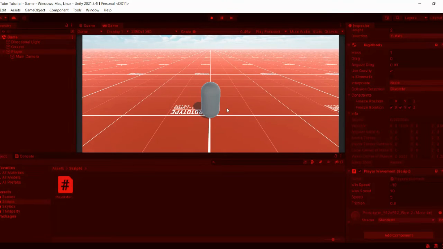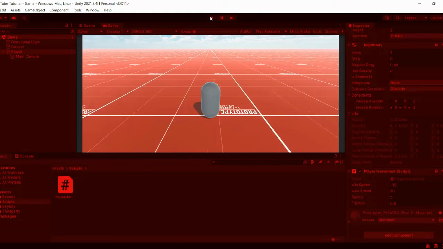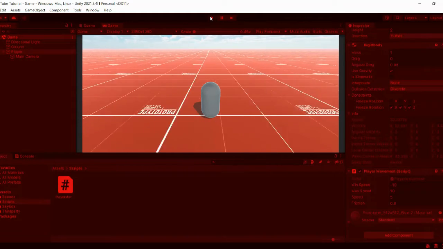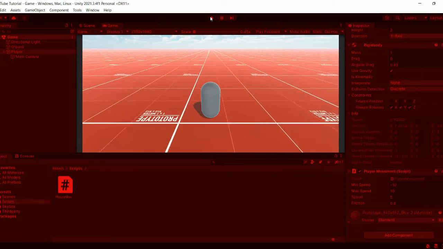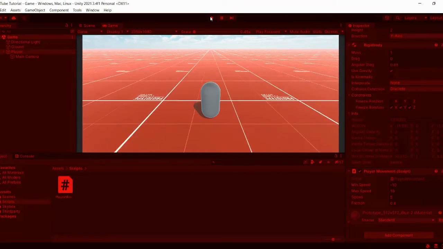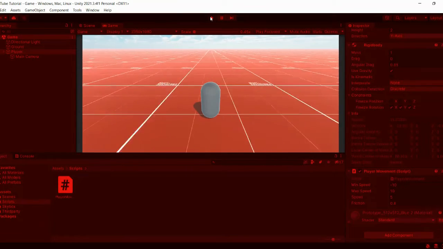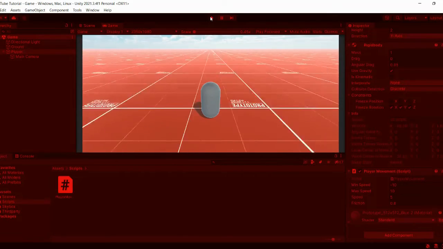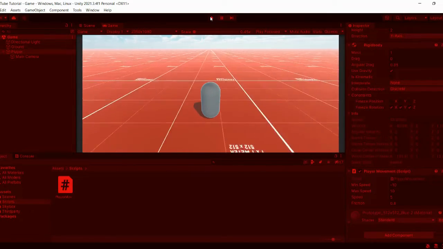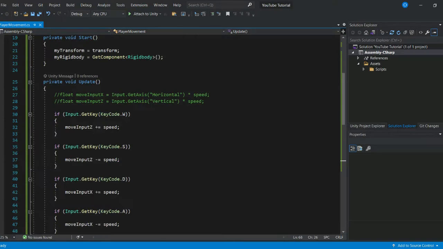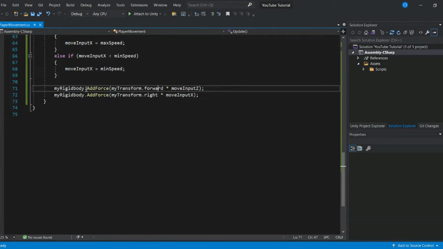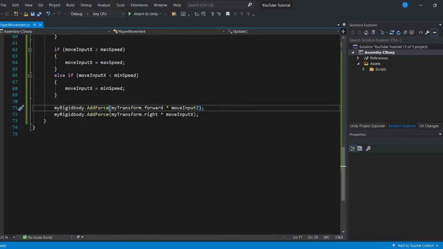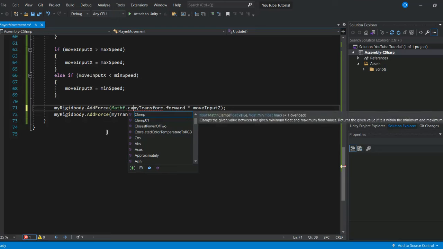So if we're moving, okay, that is 10. And you can still keep picking up speed, but it's pretty good. I know you can go really, really fast. But yeah, in this add force, I think we can actually say, wait a minute. Oh, I think there's a way easier way we could also do this. I think if we say math.clamp right here,